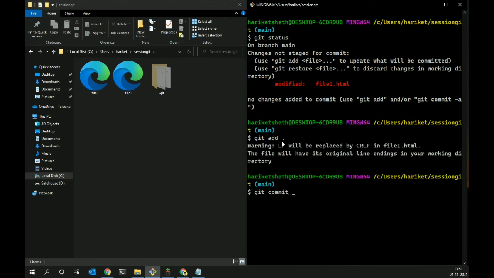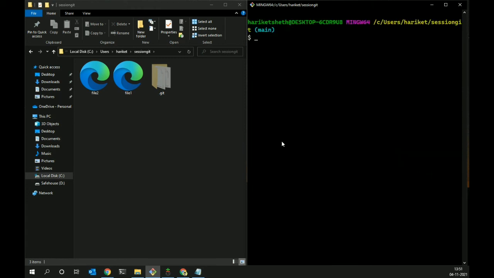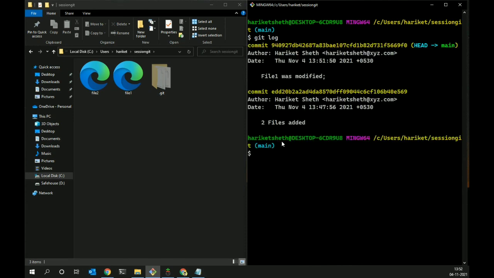Now I will do commit again. Now you can see two commits are there.